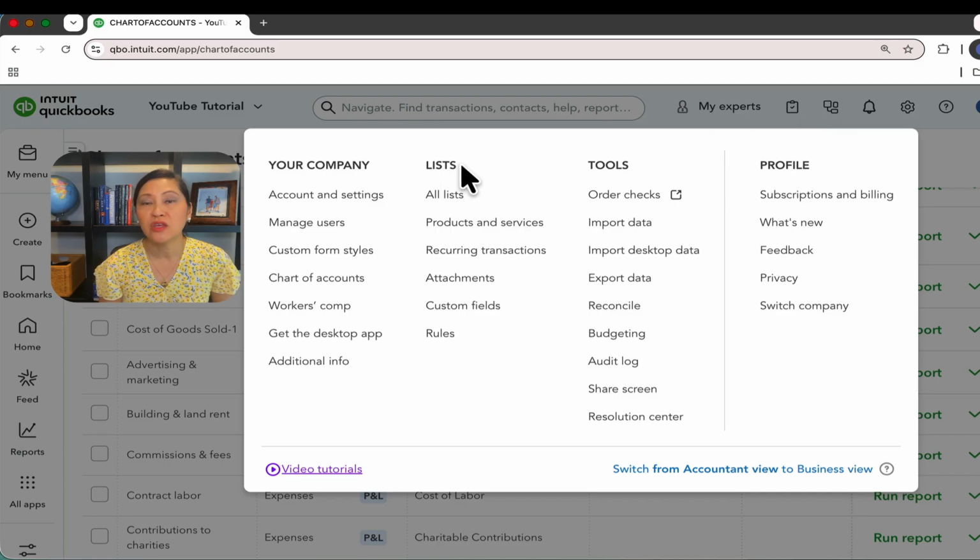Under Lists, you'll find products and services. You can set up the services and products you sell. These items can be linked to specific income accounts, making invoicing and reporting much more consistent. If you have transactions that happen regularly, such as rent, loan payments, subscriptions, or monthly journal entries, you can automate